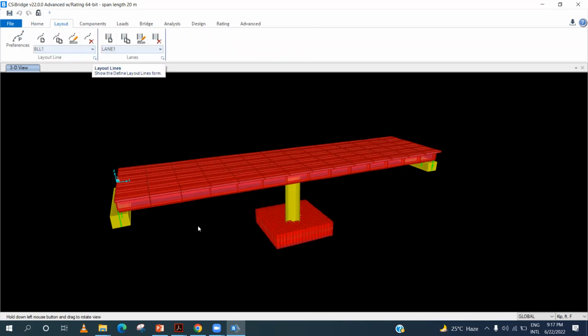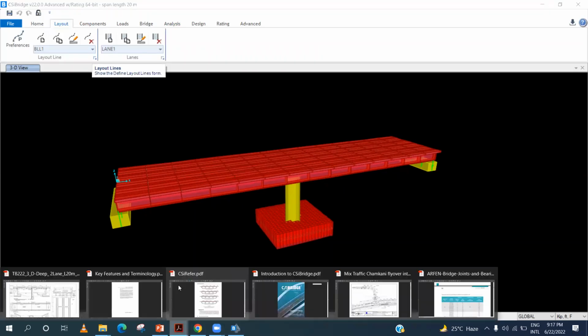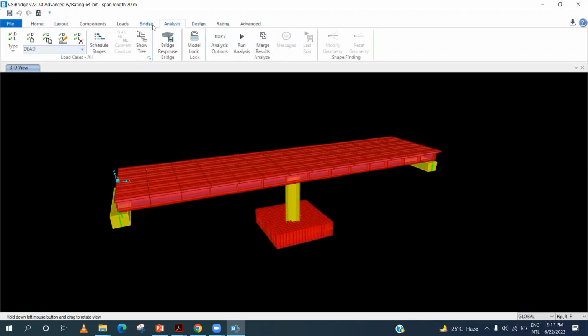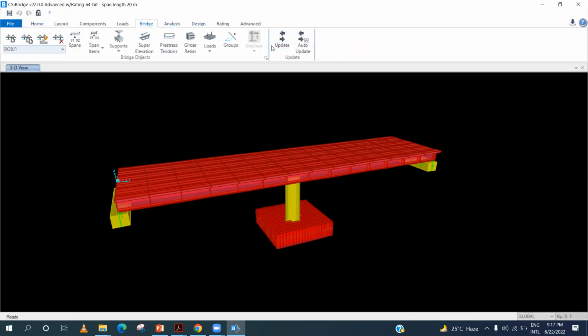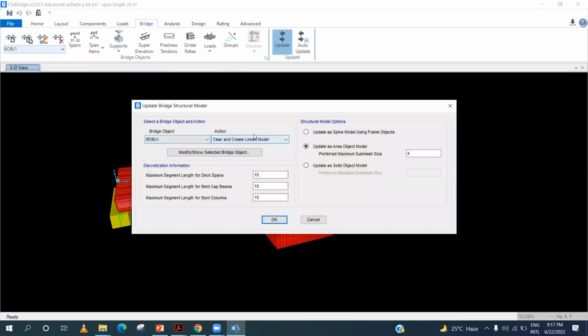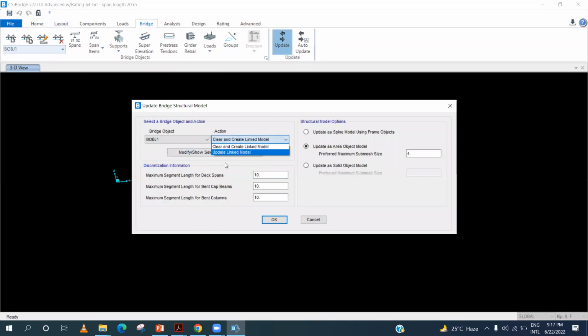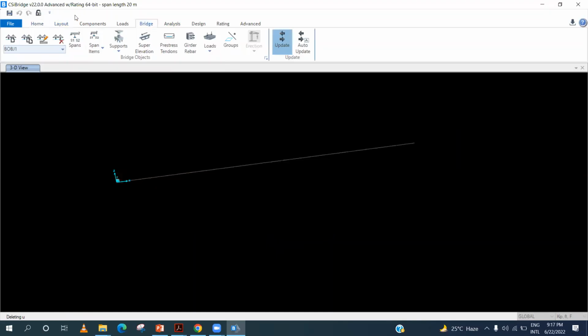Okay, so the first step in defining the bridge: let me remove this so that you do not get confused with what I have made previously. Clear all from link model. So when you click clear all from link model, everything will be removed from the screen. So now the first step is